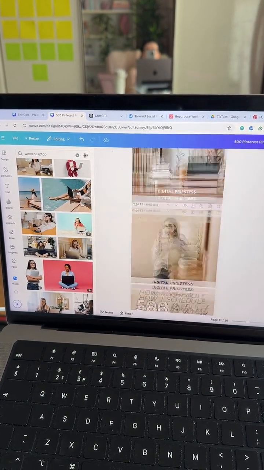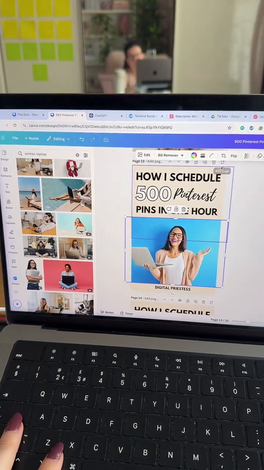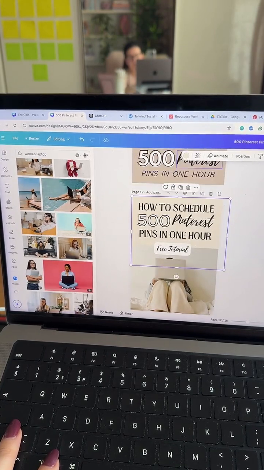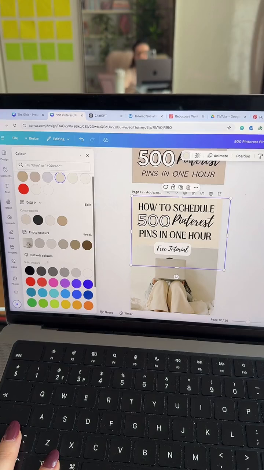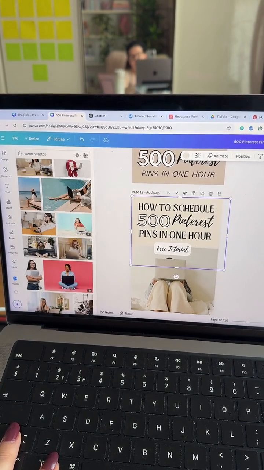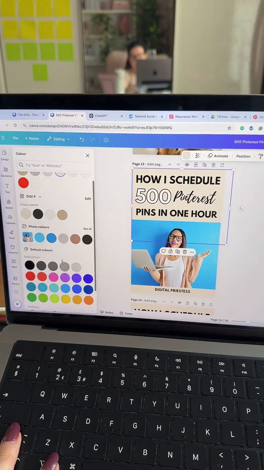Again, still quite similar style, but different. So this one's got more of a pop of color. So I want to change, in fact, did I change the color on this one? I didn't, did I? Let me change the color to, the photo colors that are recommended are quite gray. Don't like the gray though. No, I'm going to stick to what it was. This one's much more colorful. So let's see what colors it suggests.